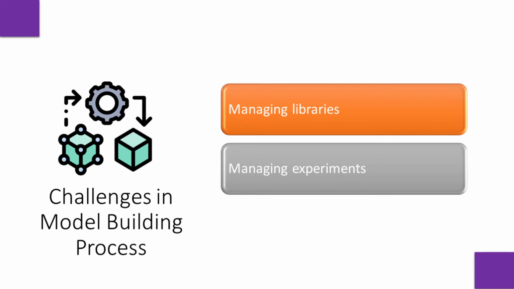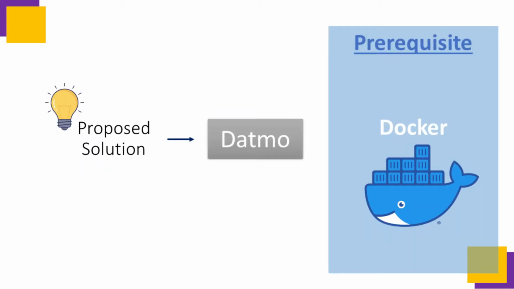Recently this problem has gained significant awareness in the community, and we have a solution called DATMO. DATMO keeps track of all the hustles we do during machine learning model development. It runs over Docker containers. It is useful because we can compare and analyze results and rerun previous experiments at a later point of time. DATMO is an open source tool for tracking and reproducing machine learning experiments.